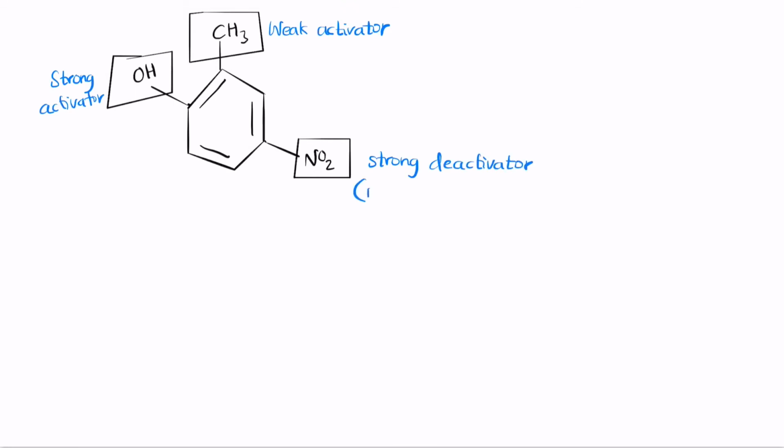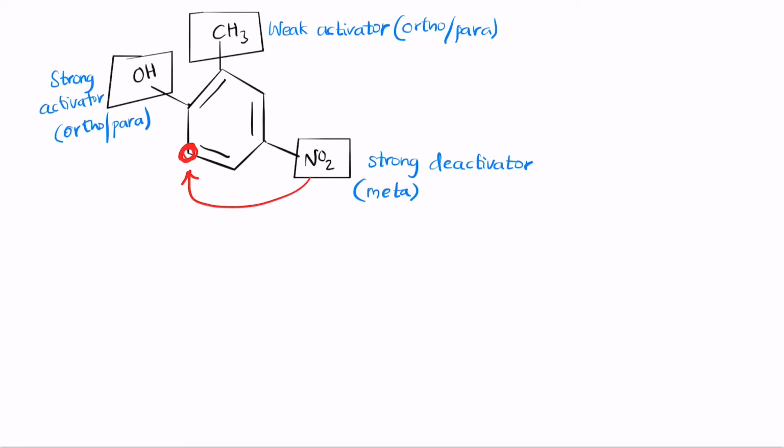So the strong deactivator likes to push towards the meta position. The weak activator likes ortho or para. The strong activator here also likes ortho or para. Now let's look at the structure and see what meta positions are possible. Let me write the meta positions in red. For NO2, the meta positions are either this or this. This one cannot be occupied because it's already hindered, so you cannot have the second position. So this is the position that is meta for NO2, the suitable position.